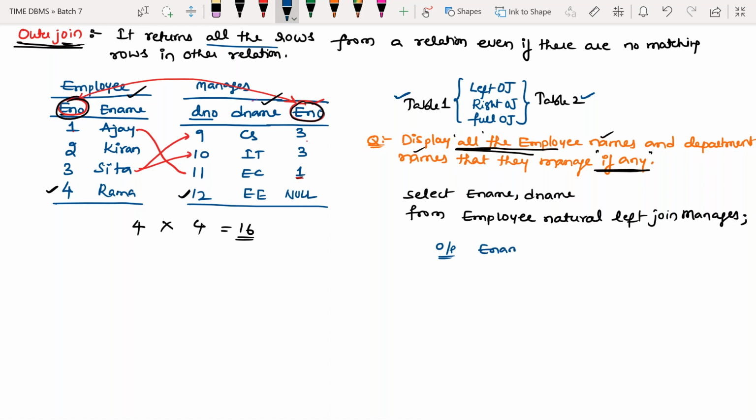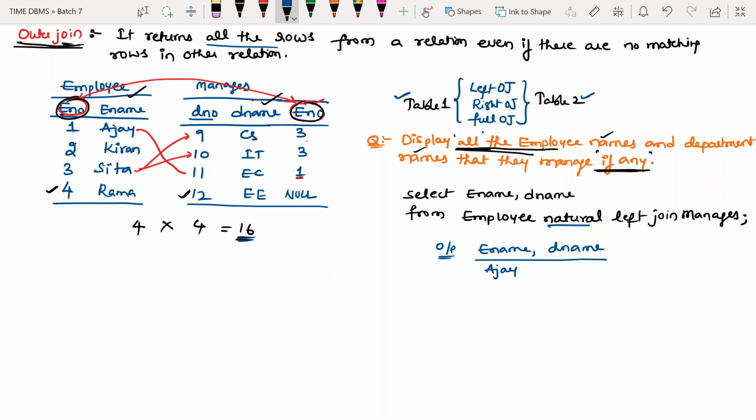So it is going to display the output E name and D name, employee name and department name. It is going to perform a join between employee and managers. Because I used the natural keyword, the join will be done based on the condition E number equal to E number. When you perform a join between these two tables, out of 16 combinations of the Cartesian product, only 3 combinations are correct. So it is going to display E name Ajay,